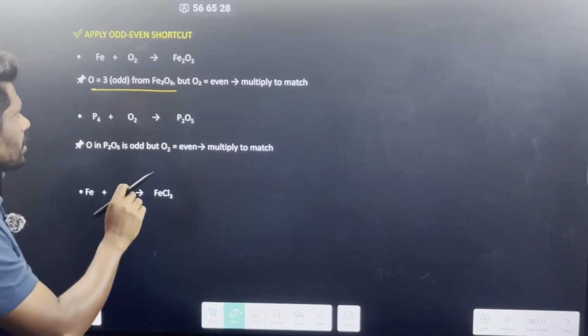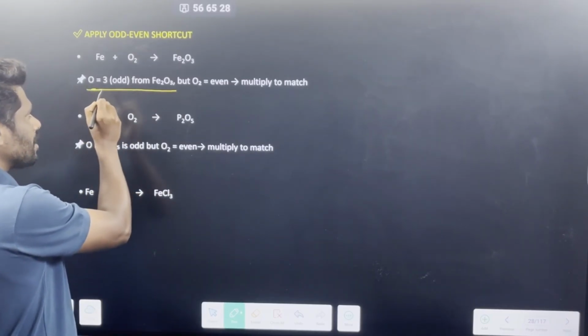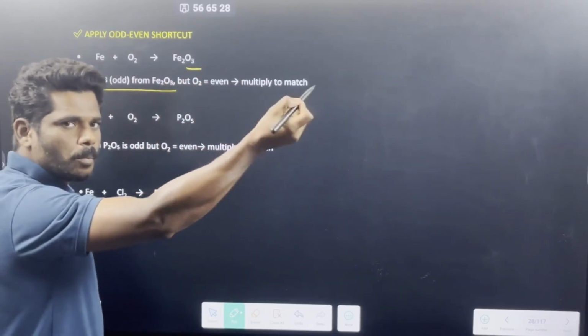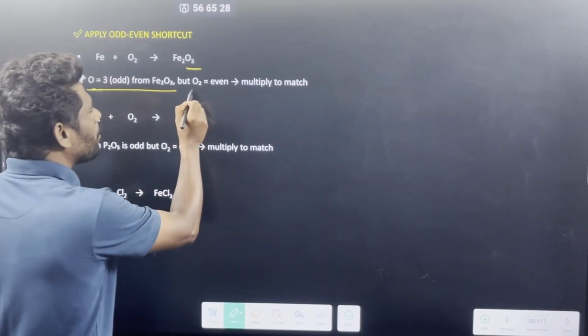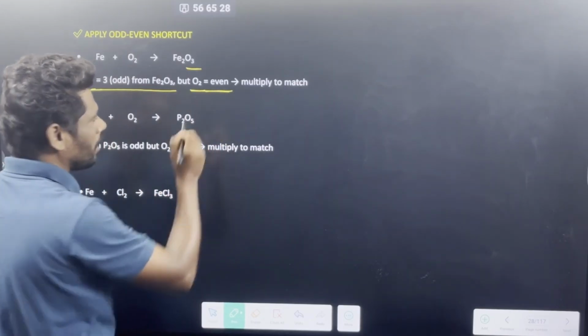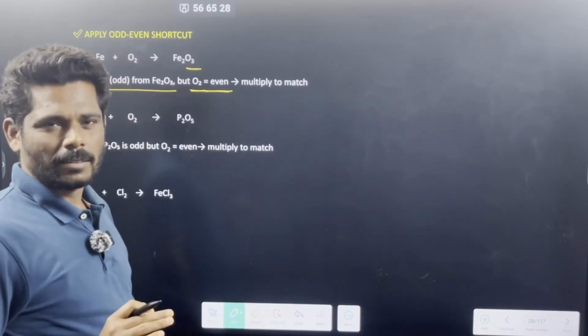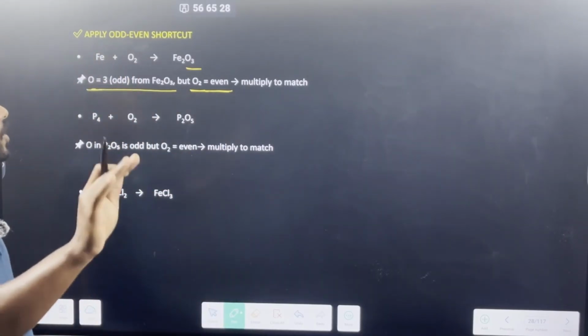But the condition is, look here, the number of oxygen atoms is odd on one side, and on the other side the number of oxygen atoms is even. Then what to do, sir? Just multiply. What to multiply? So simple, the multiplication is